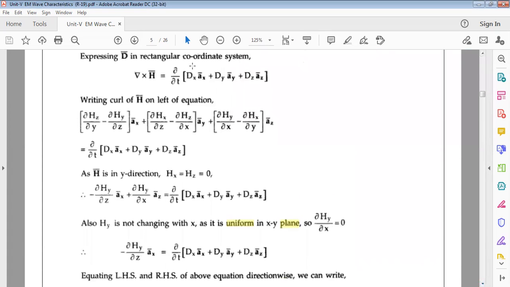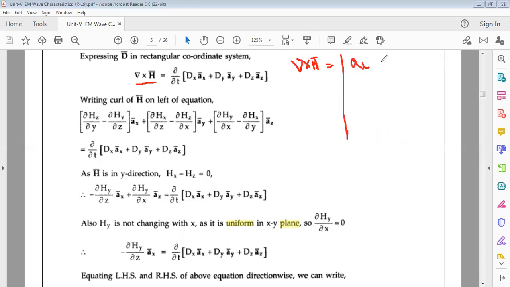Then substitute D bar in the rectangular coordinate system: Dx ax bar plus Dy ay bar plus Dz az bar. Now you can find del cross H bar with the conditions we have. Del cross H bar is equal to, listen carefully here,